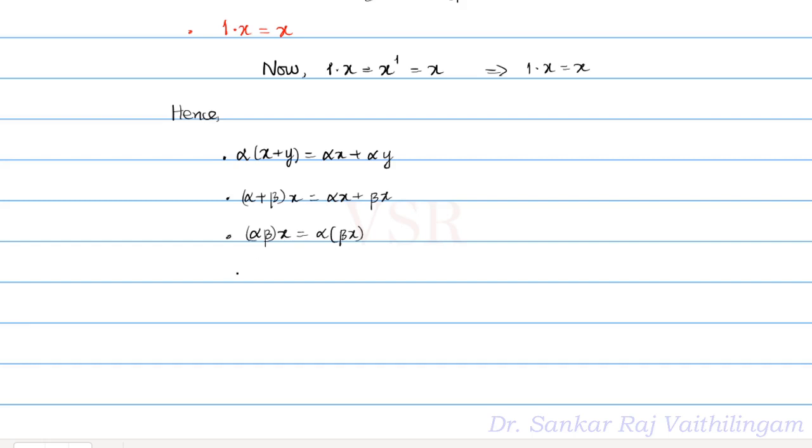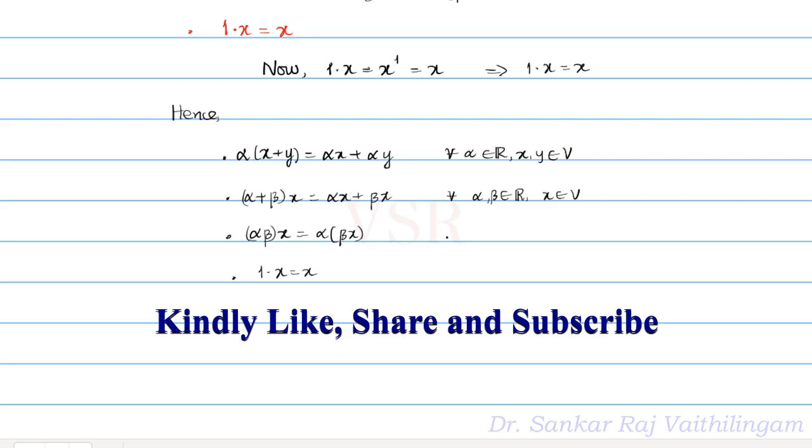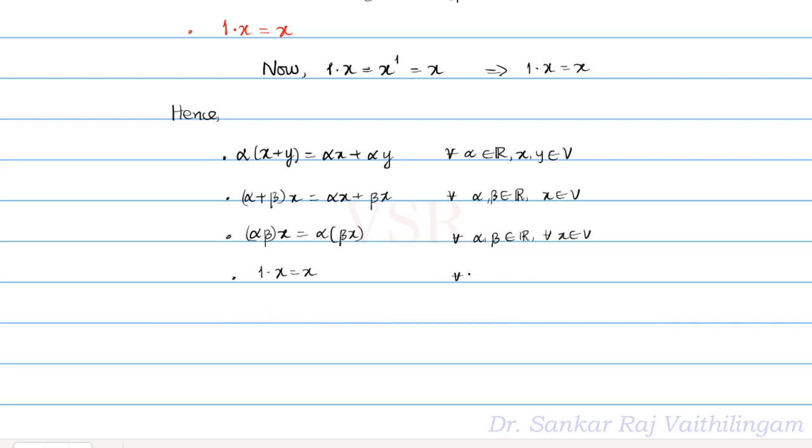And finally 1 into x is equal to x, for every alpha belongs to R and x, y belongs to B. For every alpha, beta belongs to R and x belongs to B, and for every x belongs to B. Hence